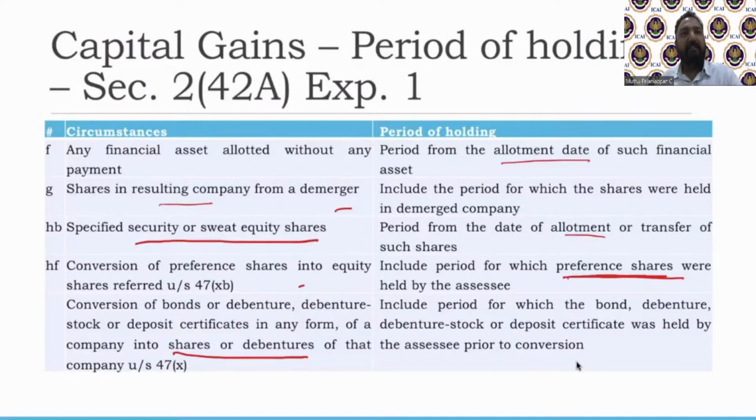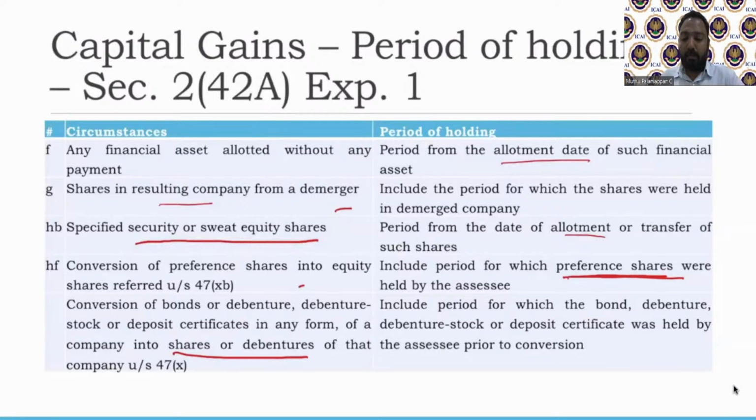Dhyanesh, public company definition. See, public company is basically what? A company in which at least 51% of shareholding is held by the public. So it's not by private shareholders. When it comes to private limited, it is held by closely connected people. But when it comes to a public company, the shares could be held by anyone. There is no restriction on who should hold the shares. Anyone can have. So that's what a public company is about. So when you say public company, shares can be held by people outside the known community also. That's what it is about.